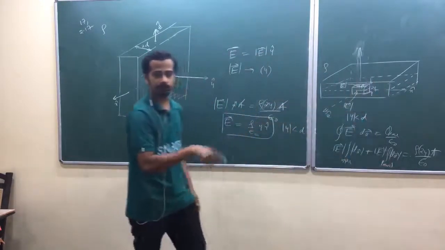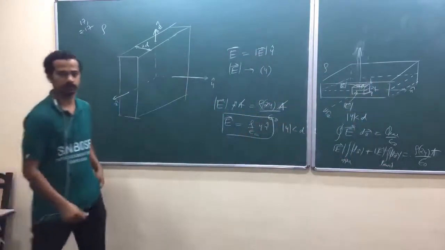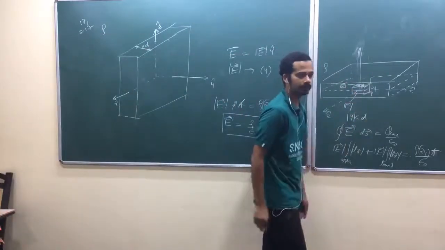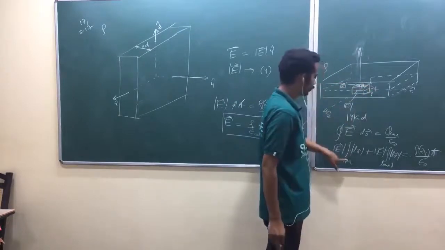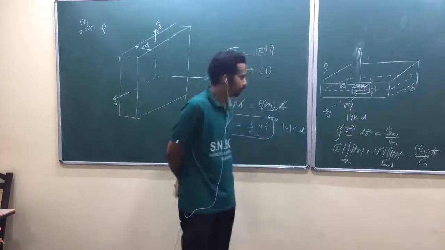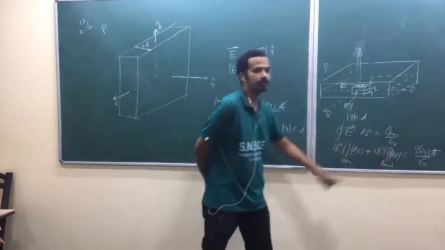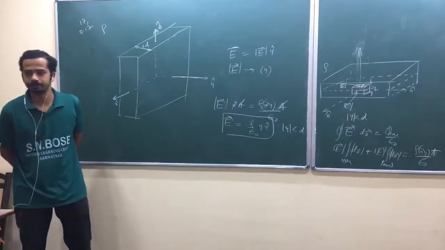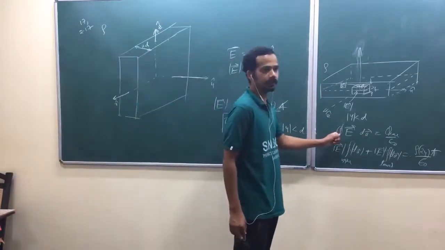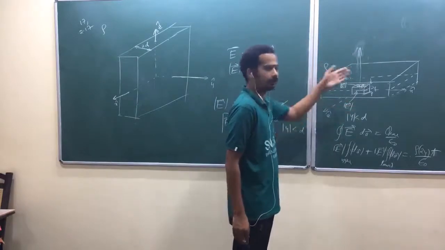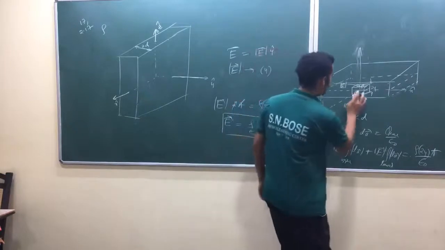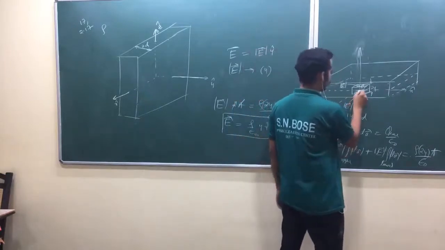And you get my point. Closed surface integral only when the surface is closed, isn't it? I have taken off that edge surface. Edge surface will not contribute any flux. That's why the upper one is also an open surface, and the lower one is also an open surface. Don't write closed. The closed symbol is for a closed surface. Other parts were 0. So here it is a closed integral, but the edge surface we have not considered because it will not contribute any flux. Okay, so this is the below one.